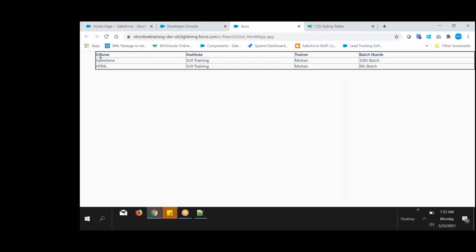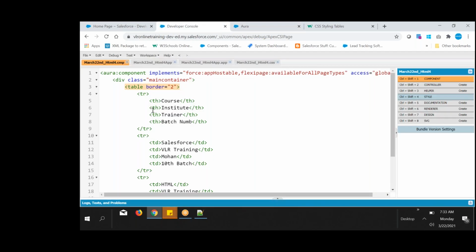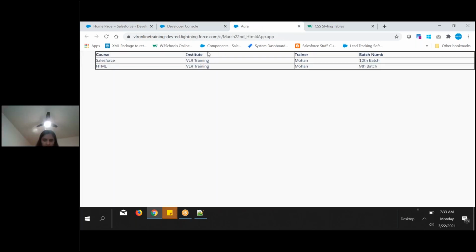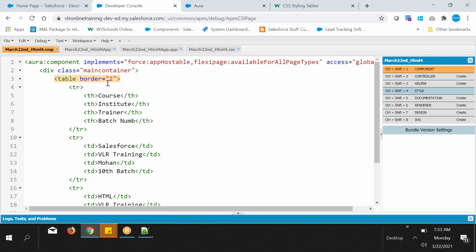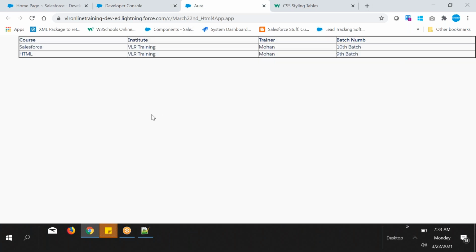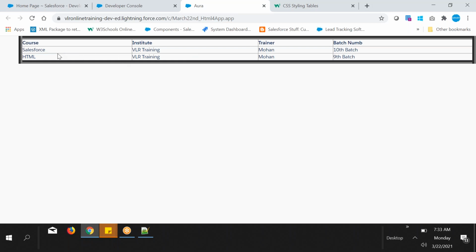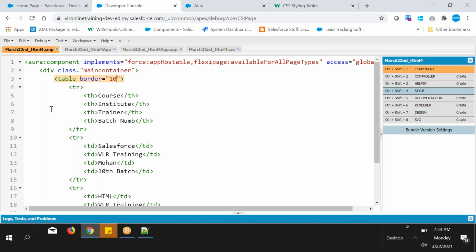Okay, space equally occupied, right? Table border. So just the attribute border equal to value 2. Thickness is 2. Suppose if you give 10, let's see the thickness. Table border means the outside border. Refresh it. Now you see the thickness of the table. Okay, and not inside. I'm not talking about the cell border, I'm talking about the table border itself. Okay, so this is the table, and this is enough for the time being, guys.